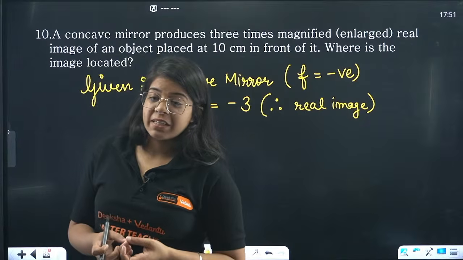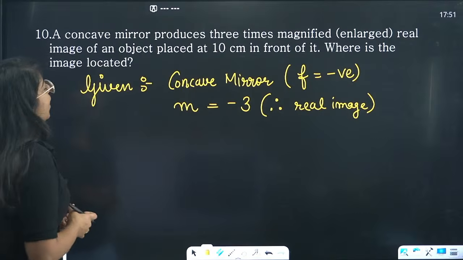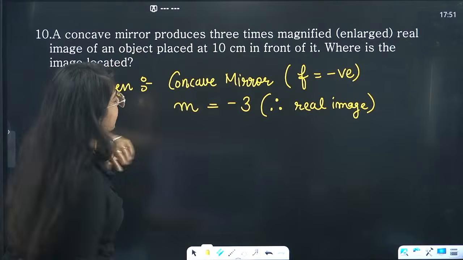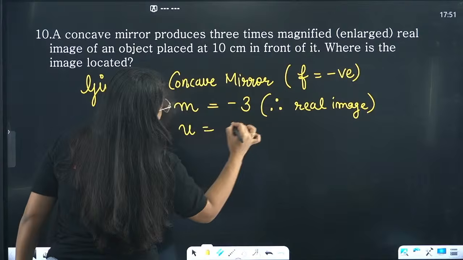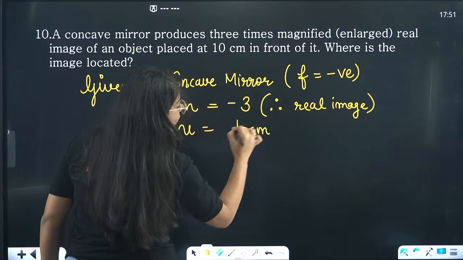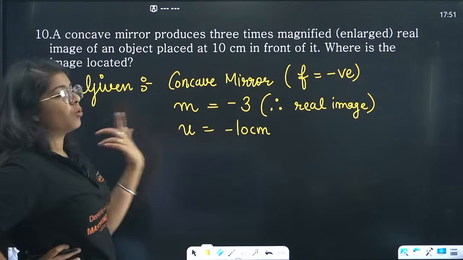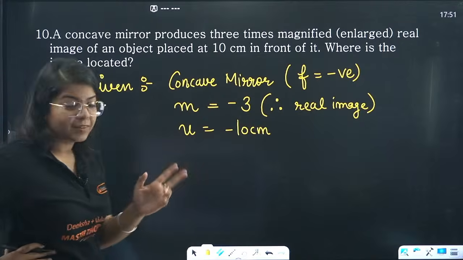So Ishika has given the answer as V = -30. Okay, let's see if you are correct or not. Now, an object placed at 10 centimeter, that means U is 10 centimeter and U is always negative. Now I have magnification. Where is the image located? By just using the magnification formula,